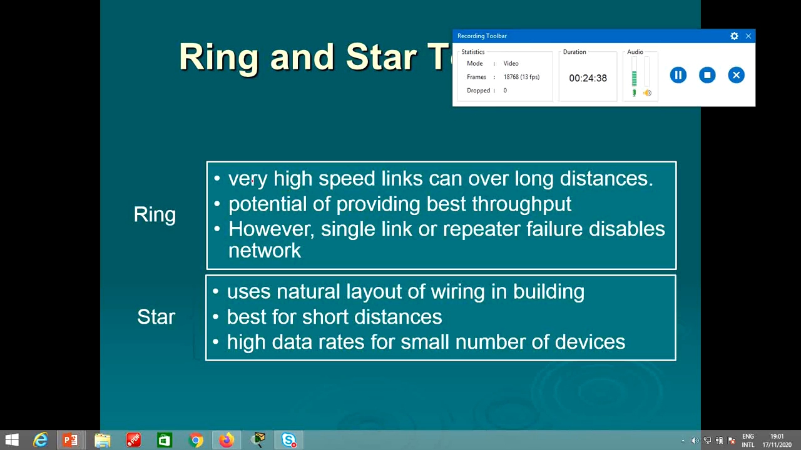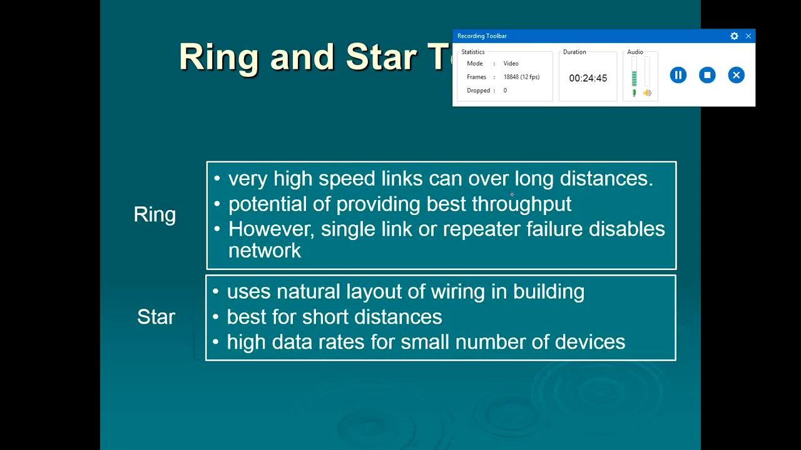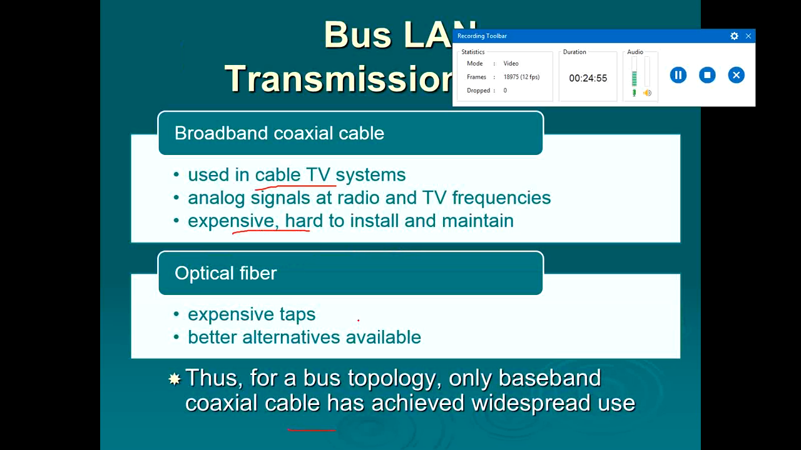Ring and star topology, they need very high speed links, and they can transmit over long distances, and they have potential of providing best throughput. However, single link or repeater failure disables the network, because in case of ring, if I go back,